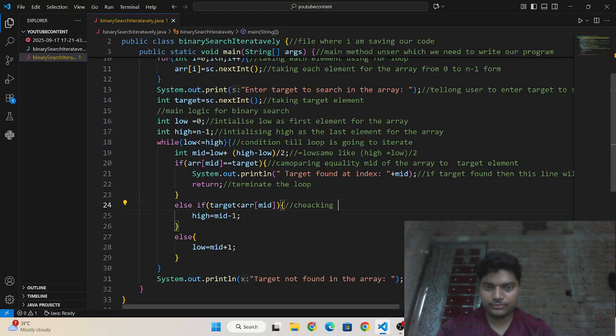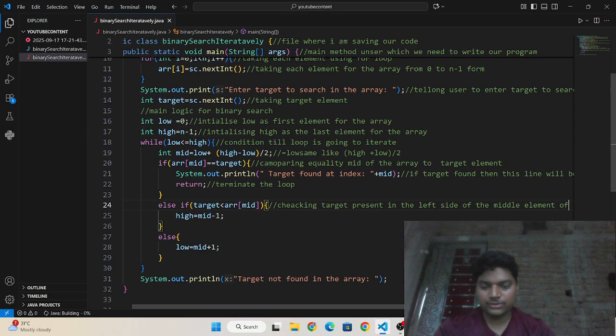And here, checking whether the target is present in the left side of the middle element of the array.